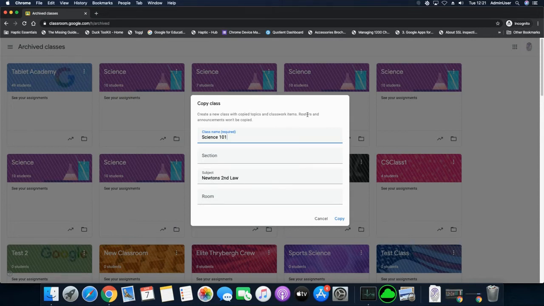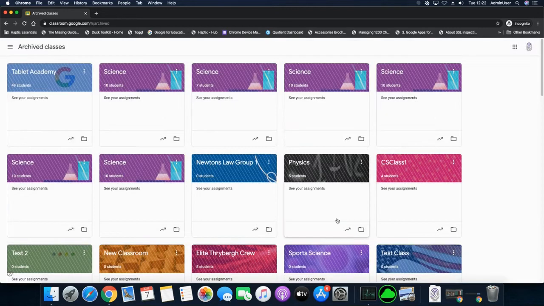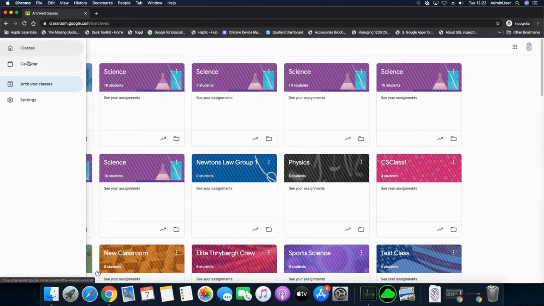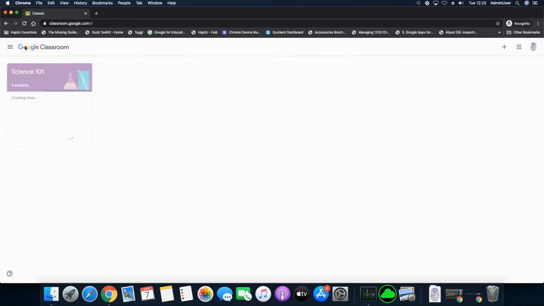So that means that everything in terms of the communication, the announcements, they don't get copied across, but our classwork does get copied across, and when we add students in, those assignments are then allocated out. So I'll just go back to my classes, and you can see, bear with it just a moment. There we go. And this has created a new classroom for us, but I don't have any students in there